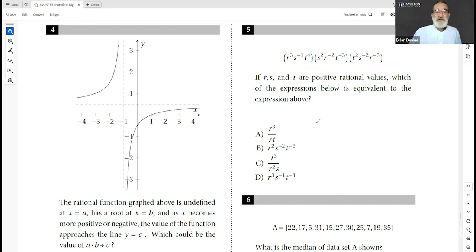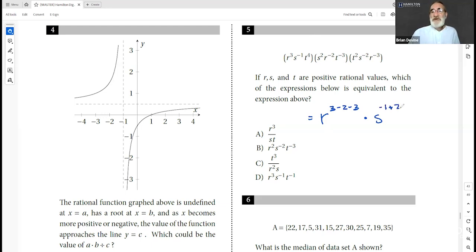So I'm going to look at just the R's first, and I'm going to then gather the exponents together in a sum because a product of exponential terms of the same base becomes a sum of exponents in effect. So I'm going to have R to the 3 minus 2 minus 3